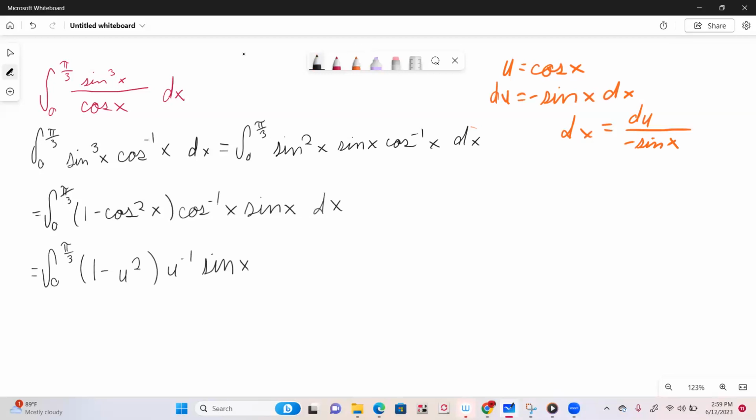And now we're going to plug in this for our dx, so it's going to be du over negative sine x. As you can see, these will cancel out. The only thing we have to do is carry over the minus sign, and we can just put that in front of the integral. So this is going to turn into the negative integral from 0 to pi over 3